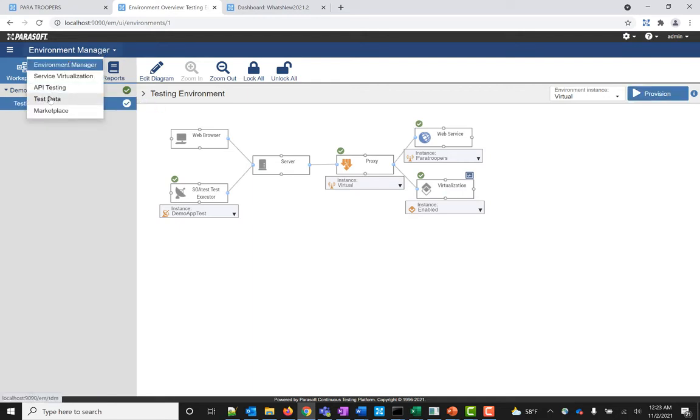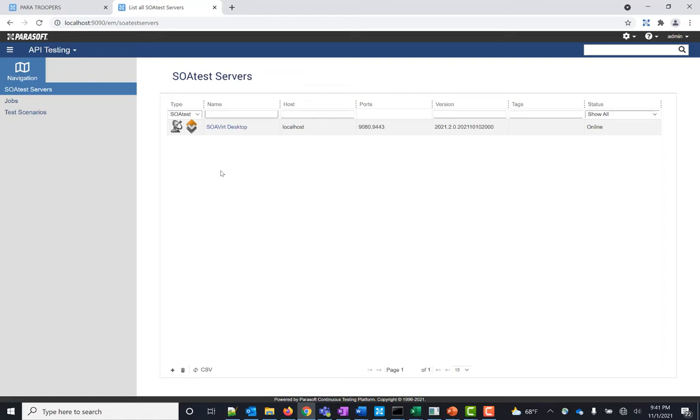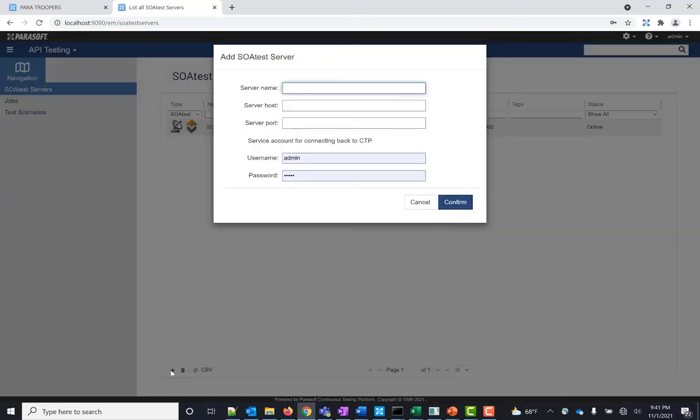Okay, so I can run my tests from the diagram by provisioning, or I also have the option of running via the API testing screen. If I click here on SOATest servers, prior to 2021.2, this was a read-only screen where all of your SOATest servers would be listed out and you could reference here to find out their statuses. But with 2021.2, we've added the ability to now add a server.